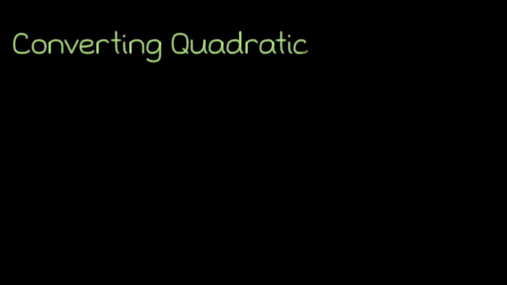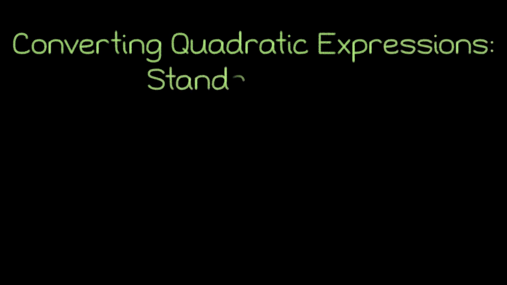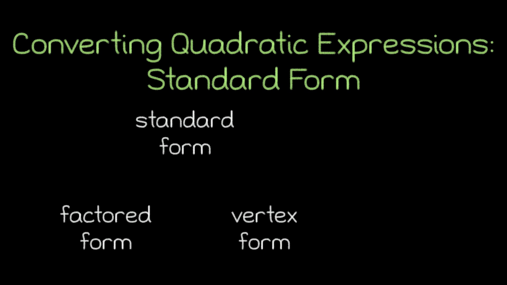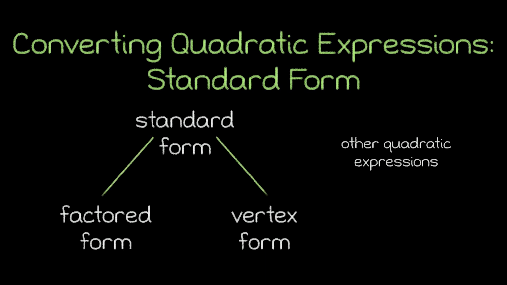The process of evaluating quadratic expressions was pretty straightforward, regardless of which form the quadratic was in. However, as we progress to solving quadratic equations and graphing quadratic functions, we're going to want the flexibility of changing the form of the quadratic that we're looking at so that we can solve or graph more easily. Generally, this will involve converting into the factored form or the vertex form, which is easiest to do when starting